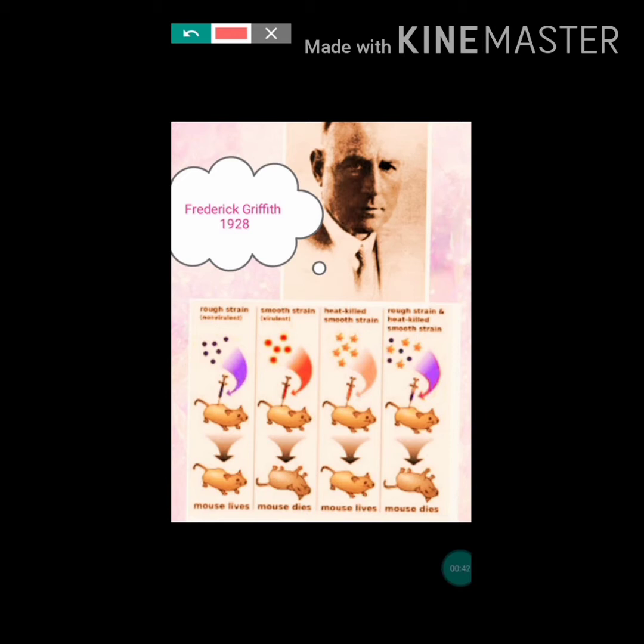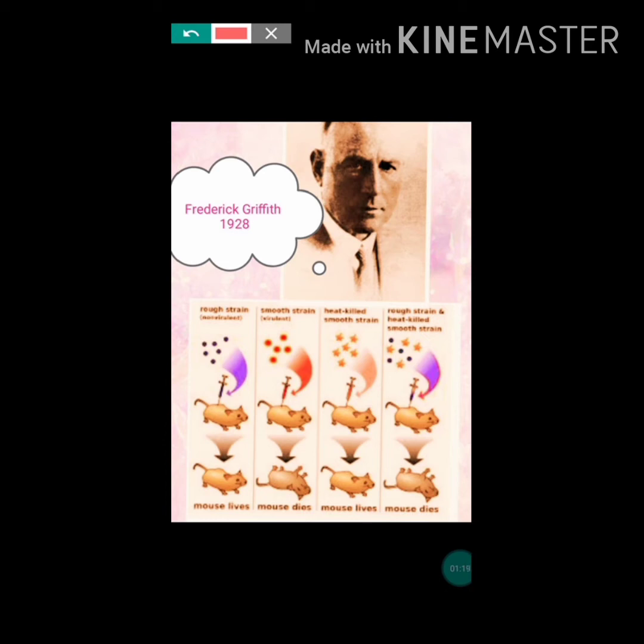Then for this experiment he took two strains of bacteria. One is S strain and another one is R strain of Streptococcus pneumoniae. Streptococcus pneumoniae is the bacteria which cause pneumonia. S strain bacteria have smooth and shiny colonies and also they have a mucopolysaccharide coat. Because of the presence of this mucopolysaccharide coat, it has smooth and shiny colonies and it is the virulent form which cause pneumonia. Another strain which doesn't have this mucopolysaccharide coat is known as the R strain, which is a non-virulent form which doesn't cause pneumonia.